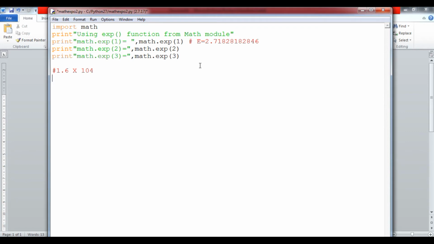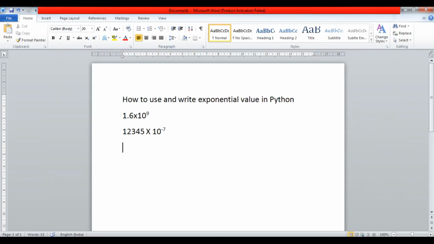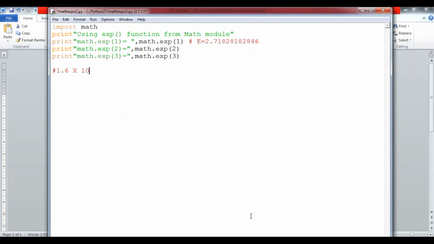So how to write it, student? Or we can say we are writing 1.6 into 10 to the power 9. How to write it? We simply use print. Suppose here is a variable a that I am considering, a equals 1.6, then e.